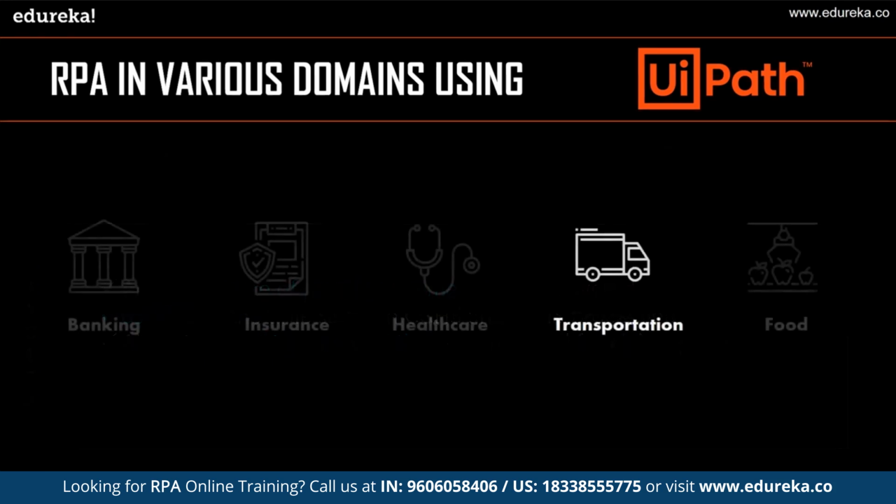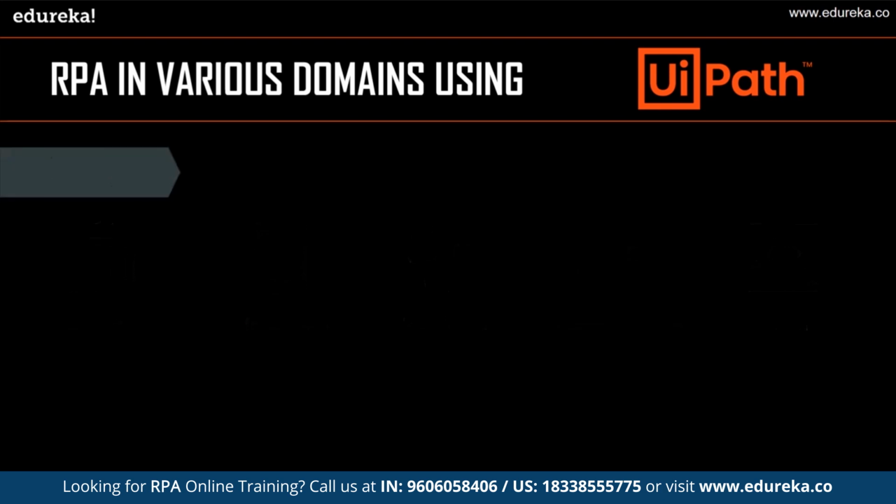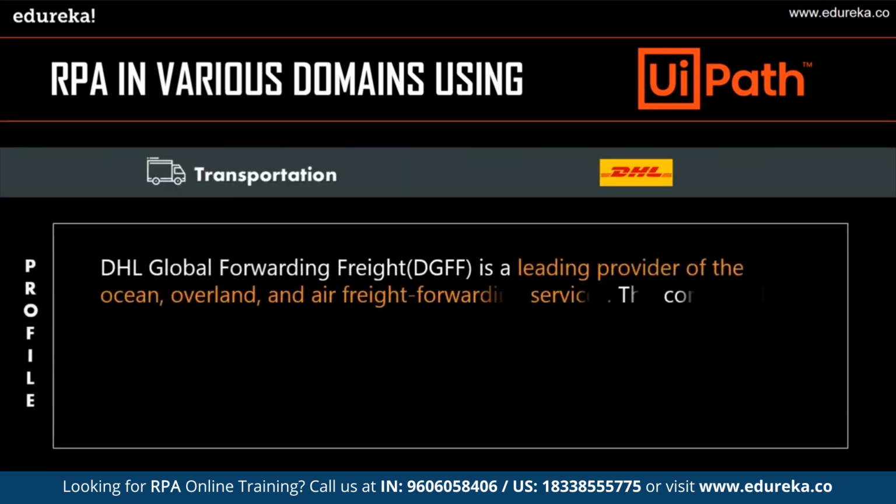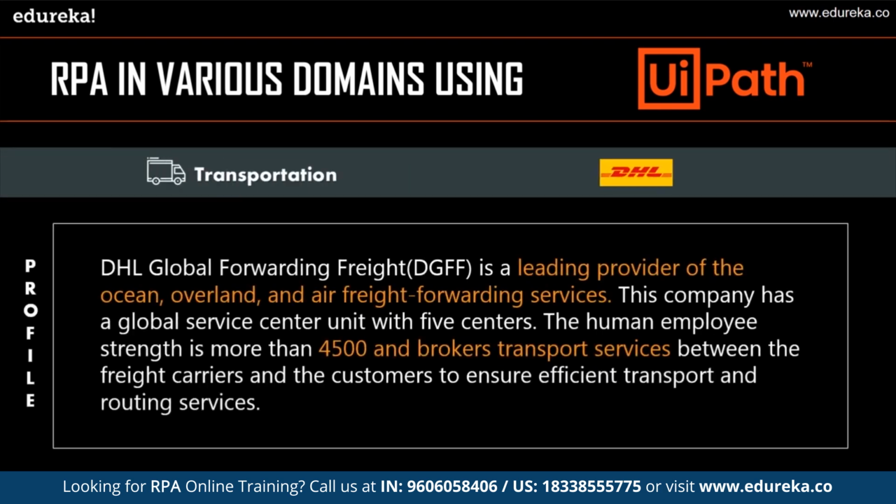Now let's move on to the next industry, that is RPA in transportation. To explain how RPA is used in the transportation industry, I've considered DHL. DHL Global Forwarding Freight is a leading provider of ocean, overland, and air freight forwarding services. This company has a global service center unit with 5 centers, and the human employee strength is around 4,500 employees. This company provides broker transport services between the freight carriers and the customers to ensure efficient support